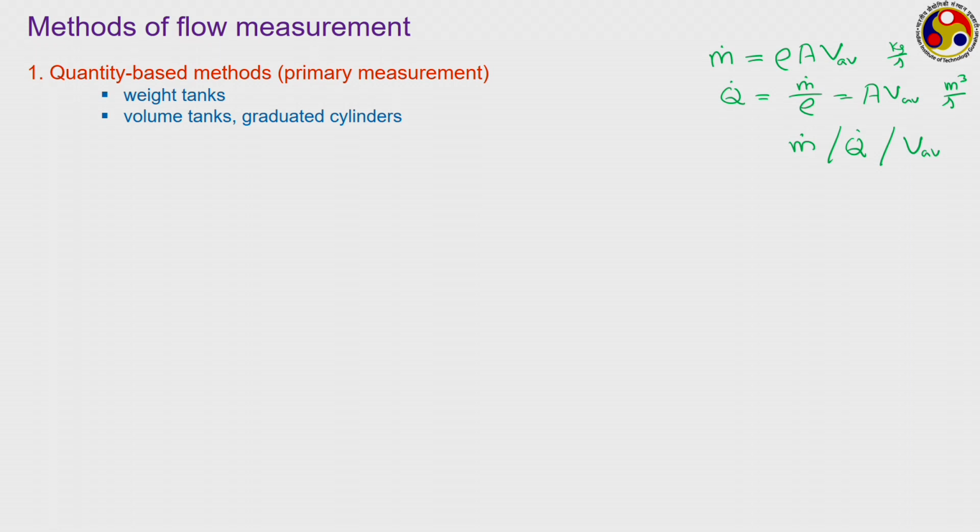Please note that we are talking about a flow measurement which primarily refers to the measurement of this Q dot, but quite often we are actually measuring this m dot or this V average or maybe a velocity profile over a channel, and then trying to calculate other parameters using simple mathematical relations. Those are secondary measurement, and those are the most prevalent one in the scope of fluid mechanics or maybe in the scope of industrial fluid machinery. But still there do exist some methods for primary measurement where we can directly get a measure of this volume flow rate, something like wet tanks or graduated cylinders,